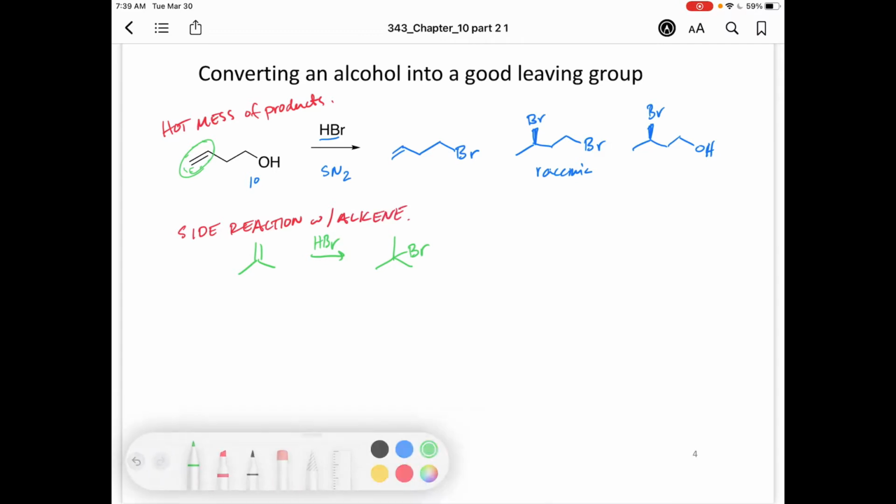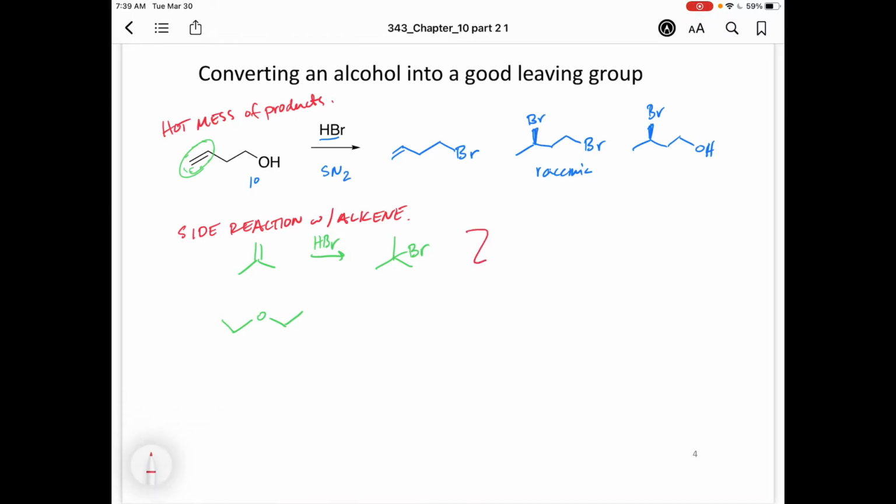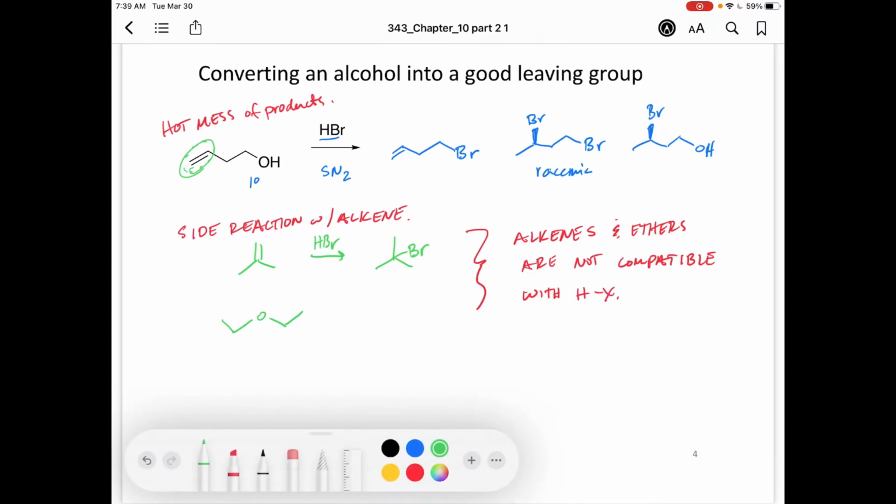I'm going to make another note here that ethers also have side reactions with strong acids. So both of these, we're going to write alkenes and ethers, and you'll keep learning more about functional groups and which ones are acid sensitive. But alkenes and ethers are not compatible with HX. In the case of the ether,